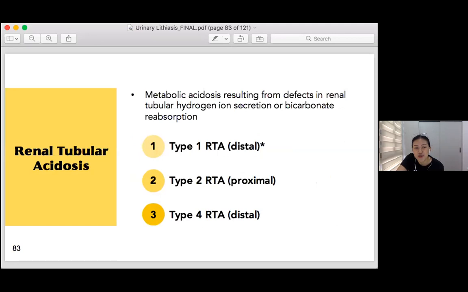So renal tubular acidosis is a clinical syndrome which is characterized by metabolic acidosis that results from defects in the renal tubular hydrogen ion secretion or bicarbonate reabsorption. So there are actually 4 types of renal tubular acidosis, but today we'll just be talking about type 1, type 2, and type 4, with type 1 being the most significant